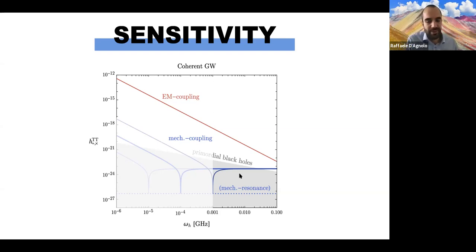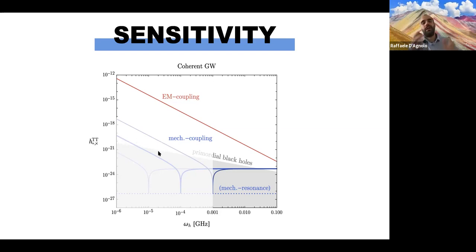Yes, so this concludes what I wanted to tell you today. It would be interesting to go beyond 100 megahertz. Here we didn't do it because we wanted to be in the theoretically controlled regime where there were two modes that are close to each other and all the rest are separated, but it might be interesting also to explore more complicated setups with a forest of modes. And as you can see, there is not much point going very much below a kilohertz, mostly because the sensitivity starts rapidly getting worse. Maybe for the mechanical case, it's worth checking what's going on, and we will.